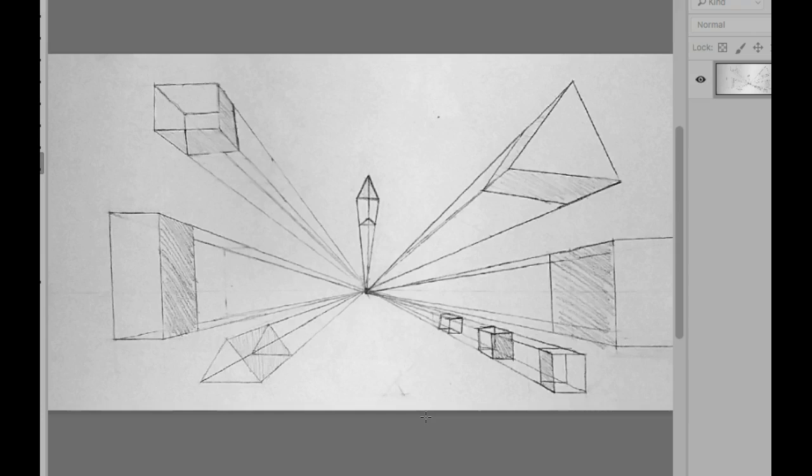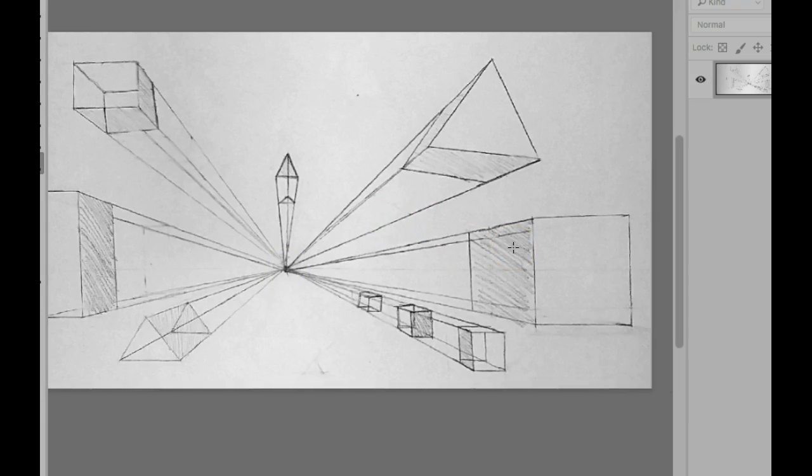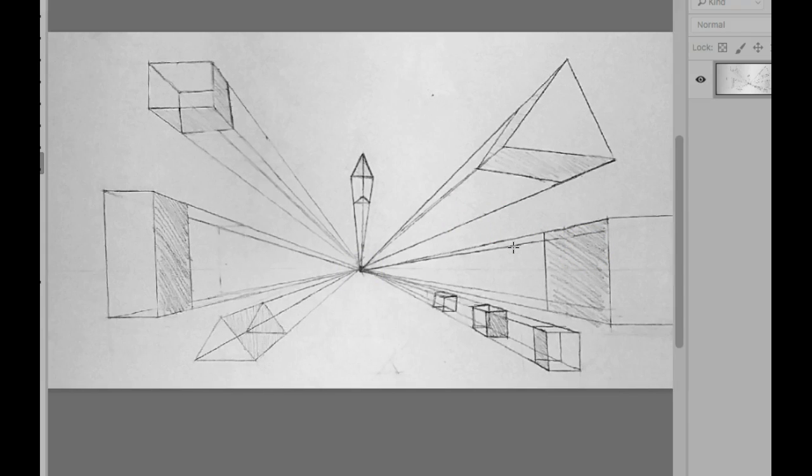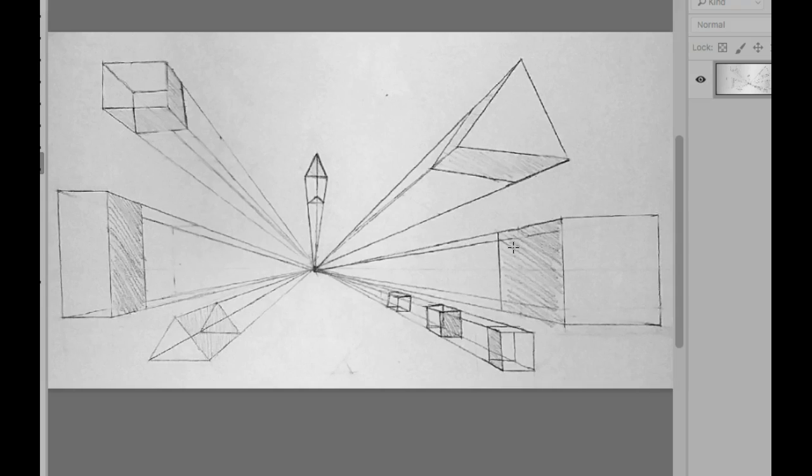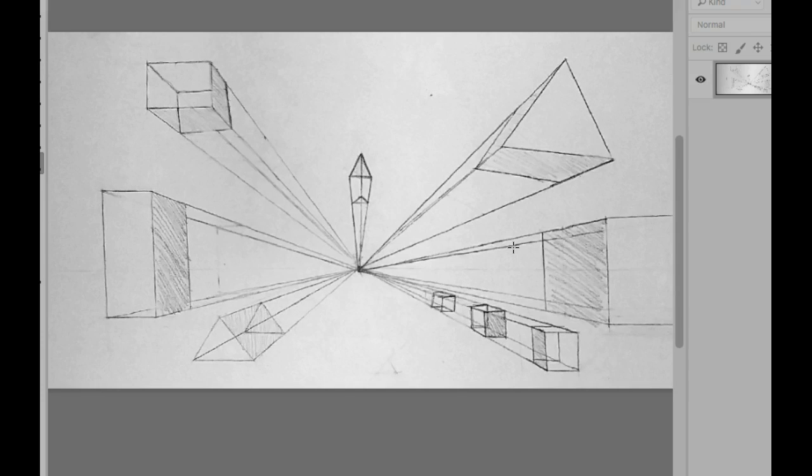Okay, so I think you also did a good job here at understanding one-point perspective. It looks like all of your shapes are converging really nicely, which is great. And you've got the required nine shapes, which is wonderful. Some of them are opaque, some of them are solid, and you've shaded in these edges, which is great. So the main thing I would say is to work a little bit more on